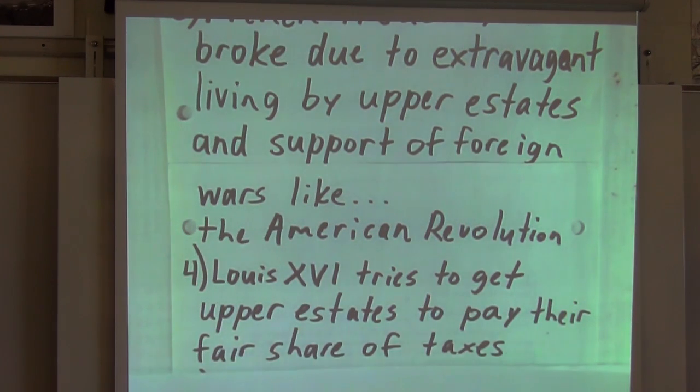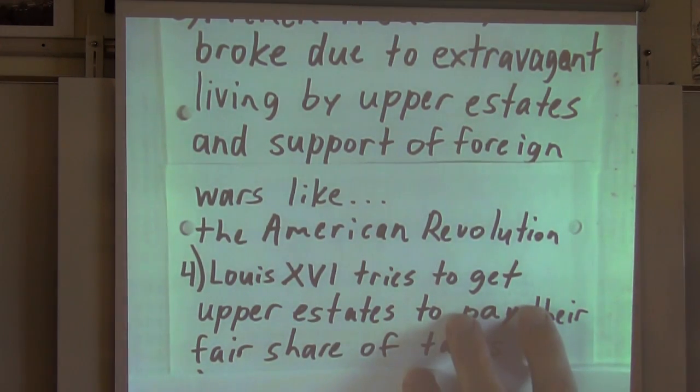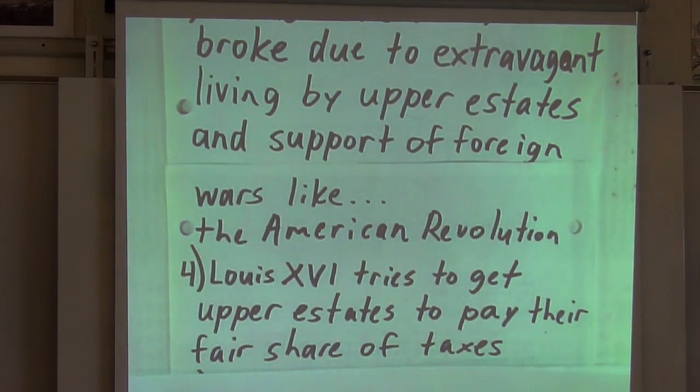What happens? Well, Louis XVI tries to get things turned around. Louis XVI was not considered necessarily the most clever guy. He was not necessarily considered the most on-it guy. He was not a great leader. He was forced into leadership because he was part of the family that was the royal family. He was not considered a strong personality. Apparently a super nice guy. Just sort of a regular dude. Not necessarily interested even in becoming king, but he was part of the royal family, so he had to be king.